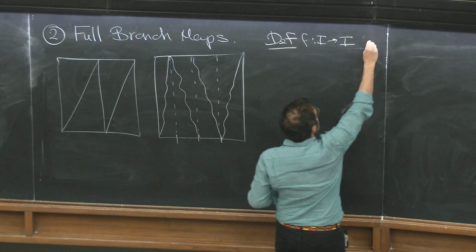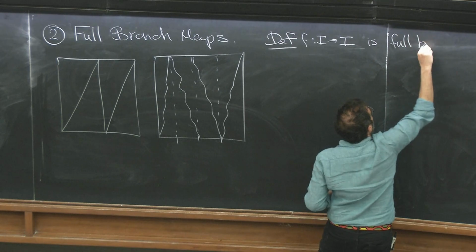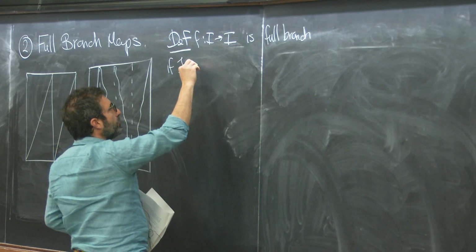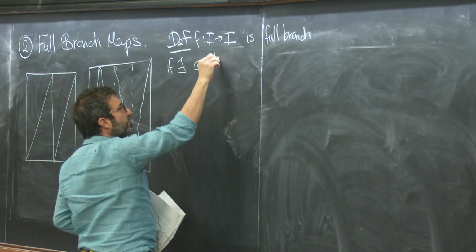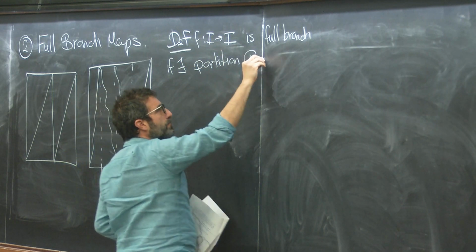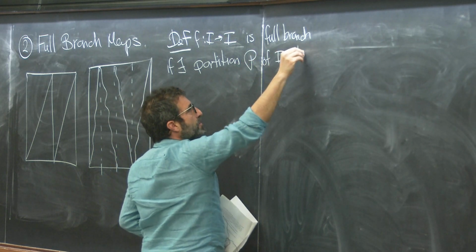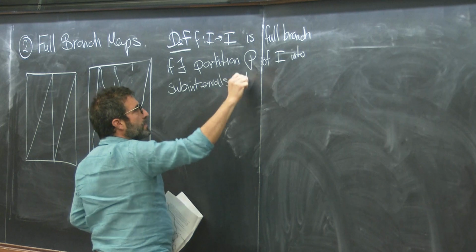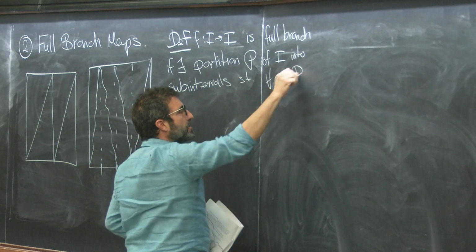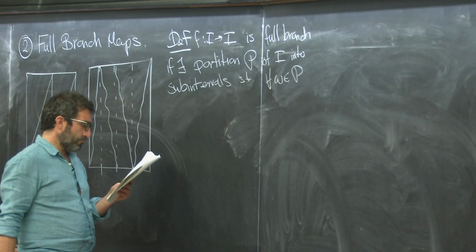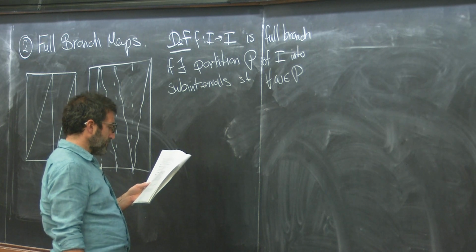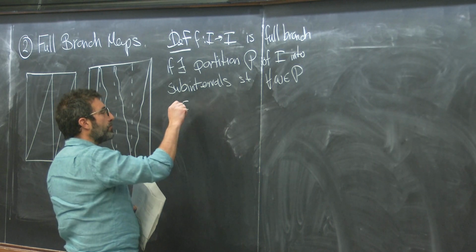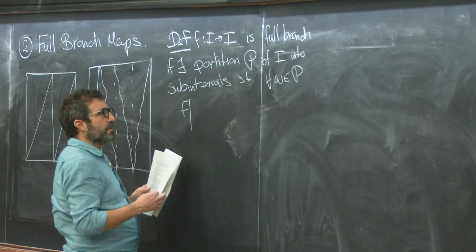Yes, f is full branch if there exists a partition P of I into subintervals such that for each subinterval in this partition, f restricted